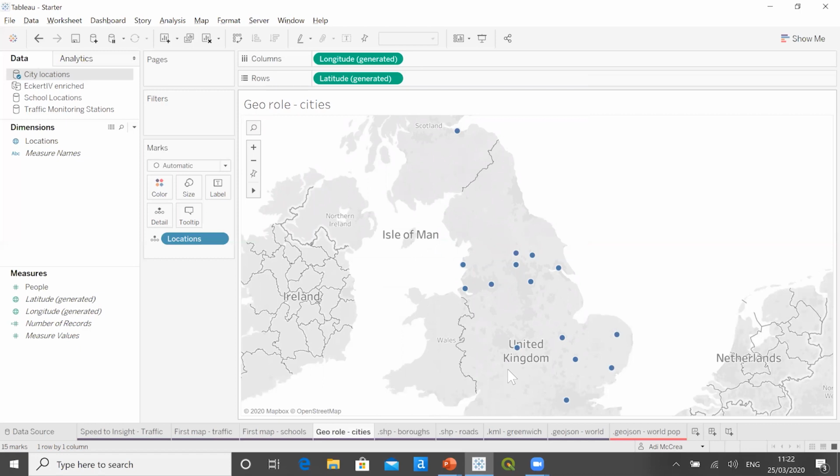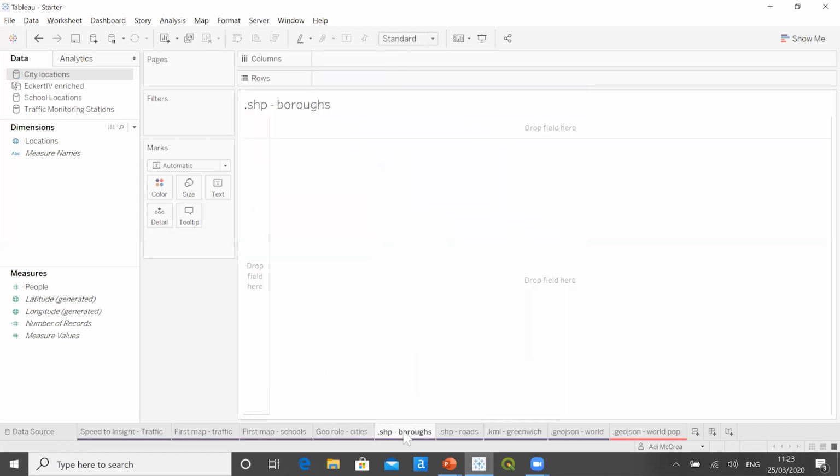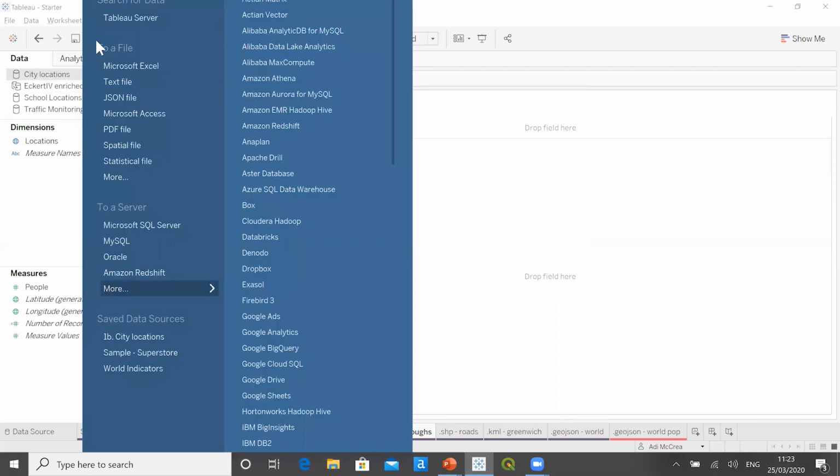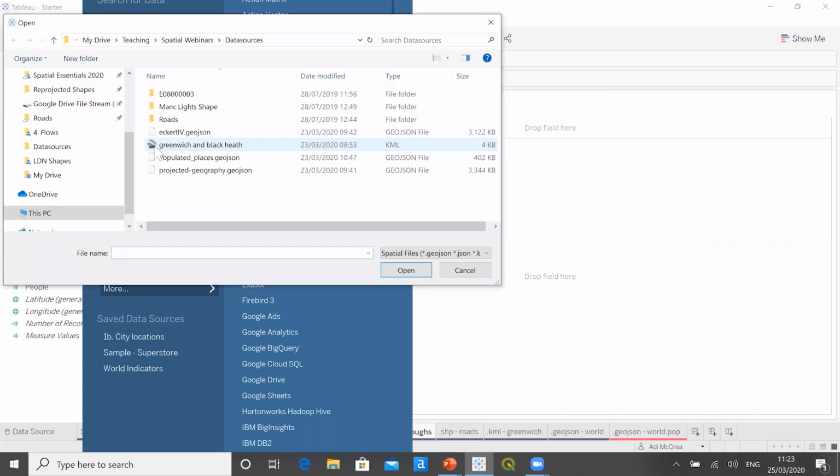Perfect. Now, so far, we've been looking at spatially ready file formats. Now, to add spatially enabled data, we follow the same procedure as connecting to any data source. We just select a different thing. So I'm going to go ahead into this worksheet. And what I want to do is add some spatial data. So I'm going to go ahead and click on the Add Data button. I'm going to look down for a spatial file this time. And then I'm going to navigate